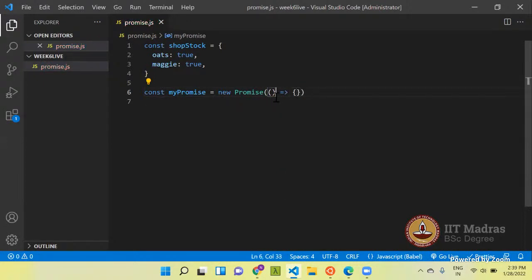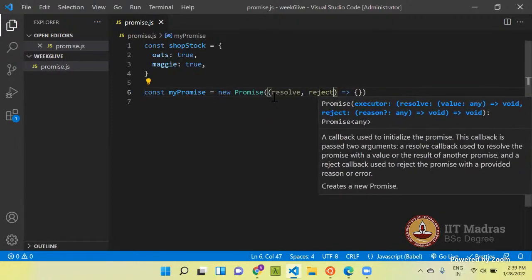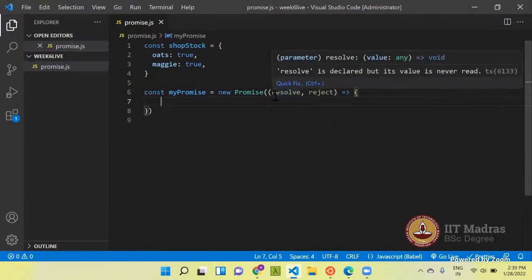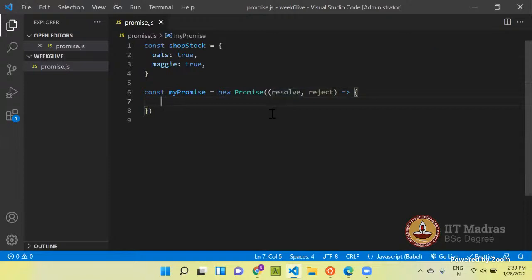Inside the callback function, in the parameters, you pass two arguments. First, what will you do when the promise resolves, and second, what will you do when the promise rejects. You need to define what you will return if the promise resolves, and what you will do when the promise gets rejected.